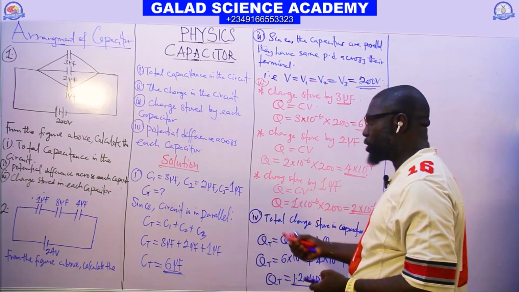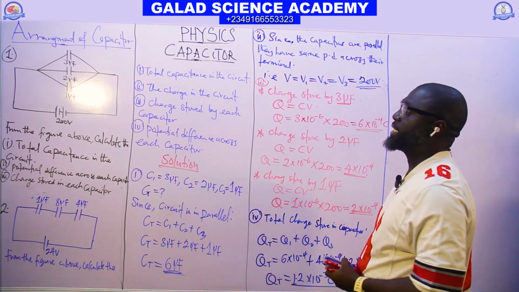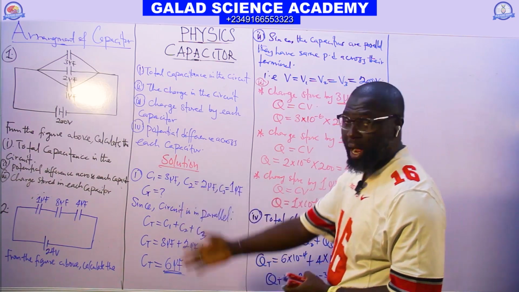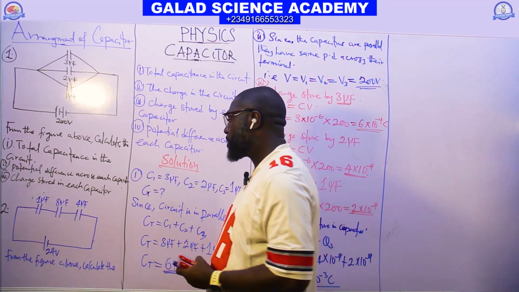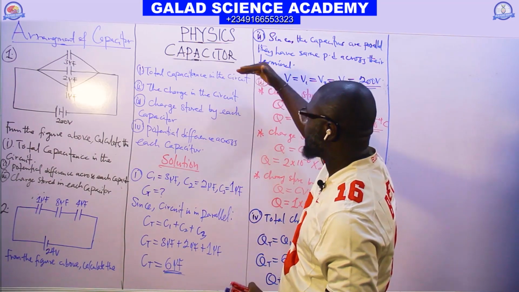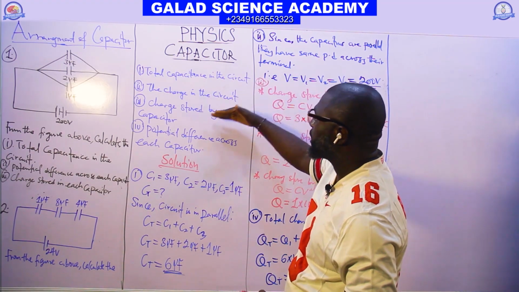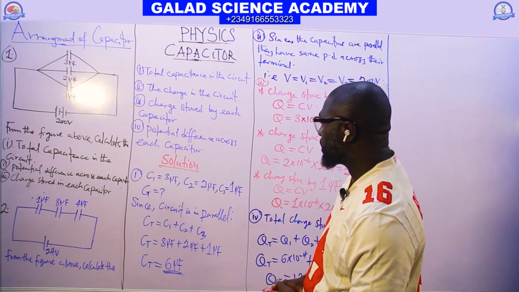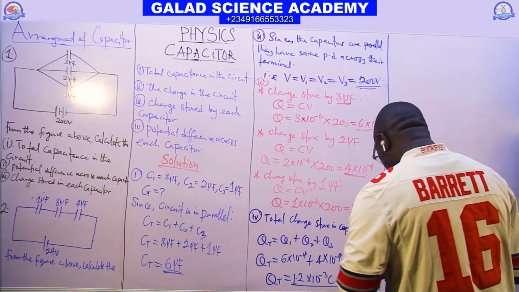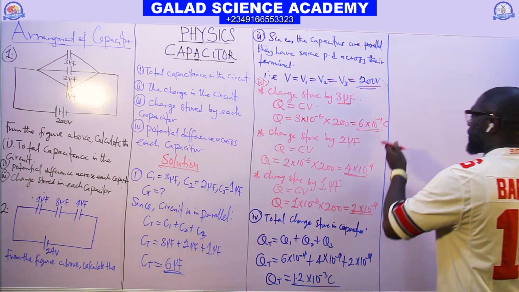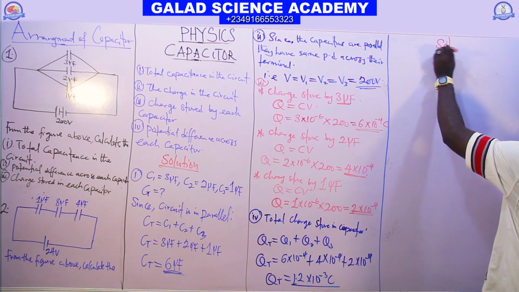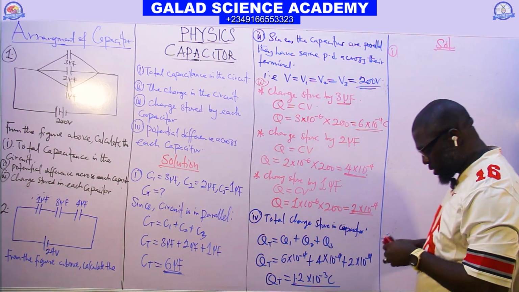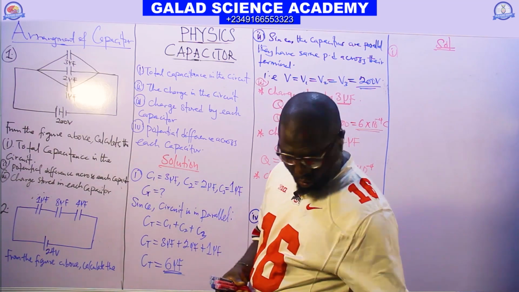At times, I calculate the total charge present in the circuit. So the second question, our capacitors are in series. You are asked to find the total capacitance in the circuit, the charge in the circuit, the energy stored by each capacitor, and the potential difference across each capacitor. Let us take it one after the other. The first question, we are asked to